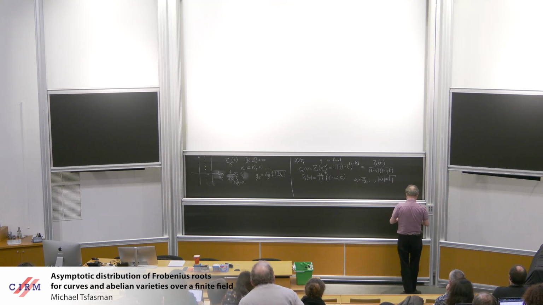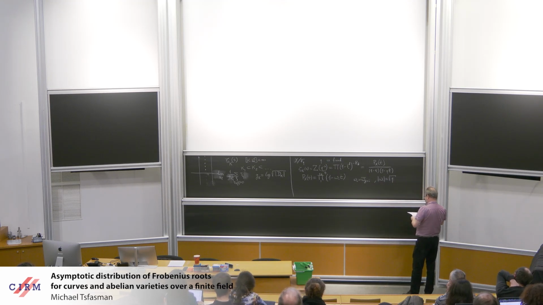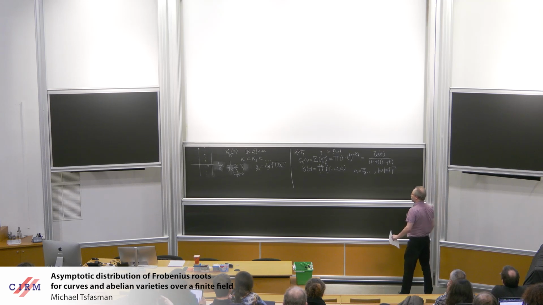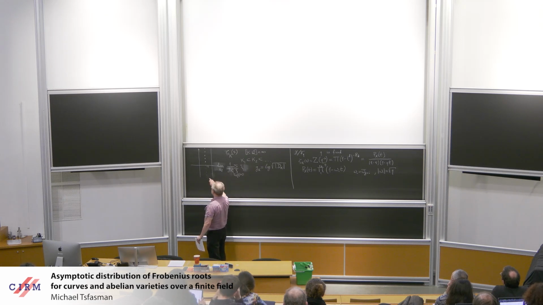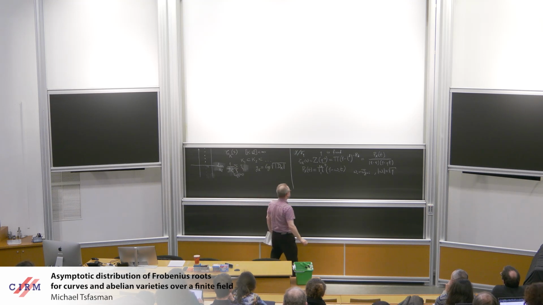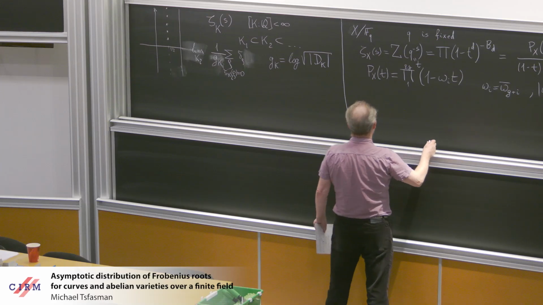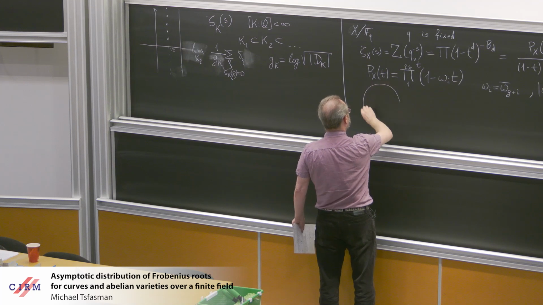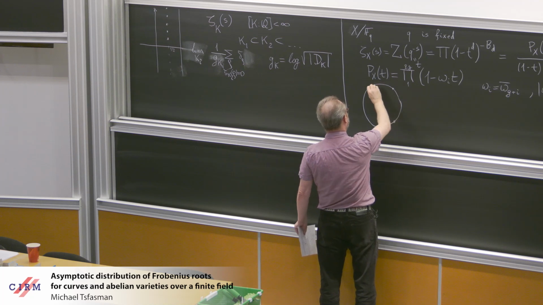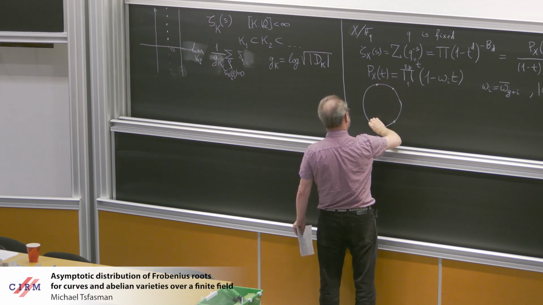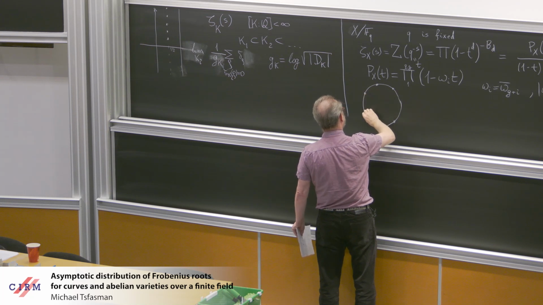So that's what we knew. And now we have several possibilities where to work. In some cases, especially in the number field case, we have no other choice than to work on this complex plane. But in the function field case, it's more natural to put the zeros, the omega_i's, pairwise conjugately on the circle of radius square root of q,